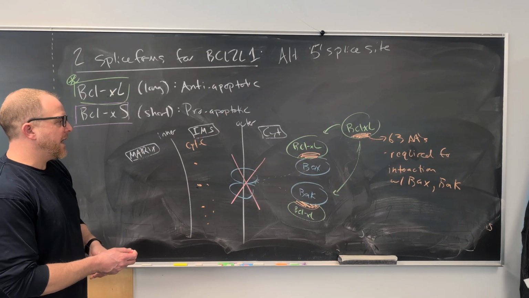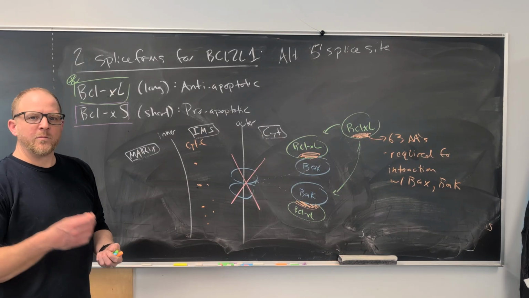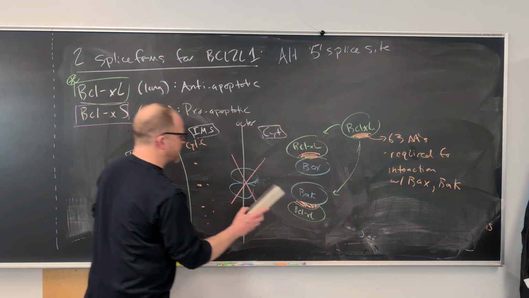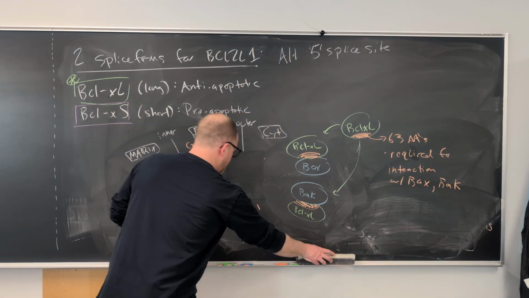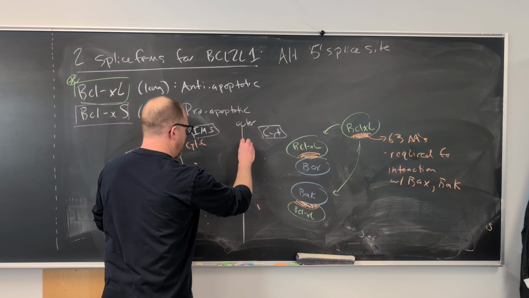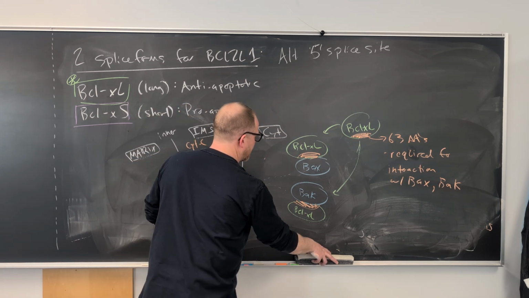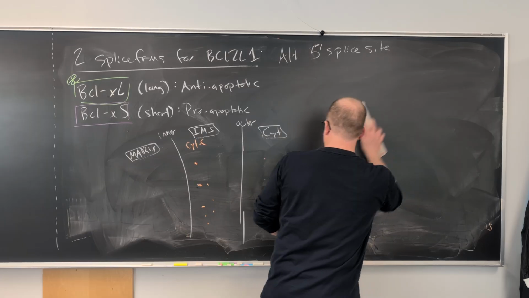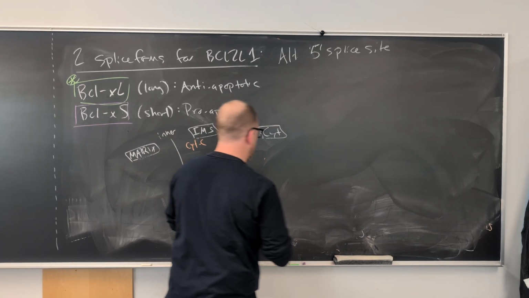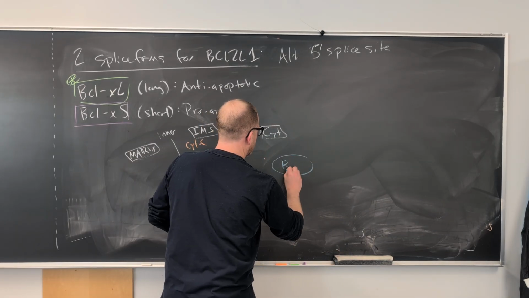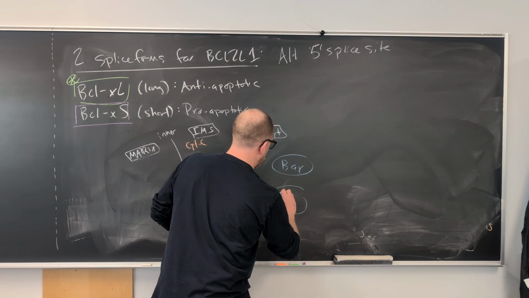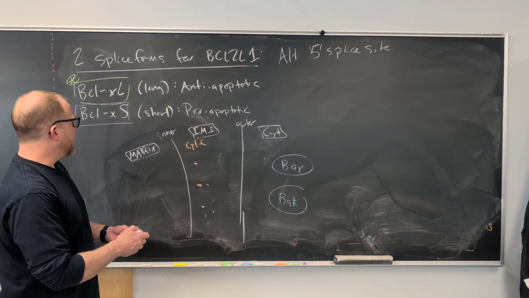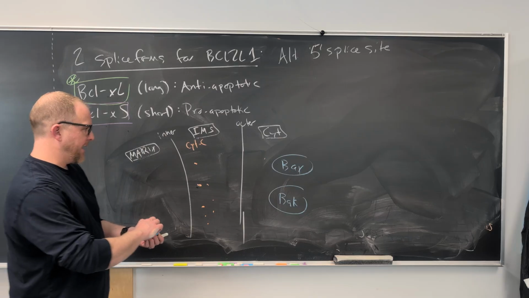So let's contrast that then with BCL-XS, right? So in this case, I'm going to use the same diagram, but just reset it, right? So here's our outer membrane. We still have cytochrome C in there, okay? Okay, we've got BAX and BAC here, okay? Now in this case, we're producing BCL-XS,